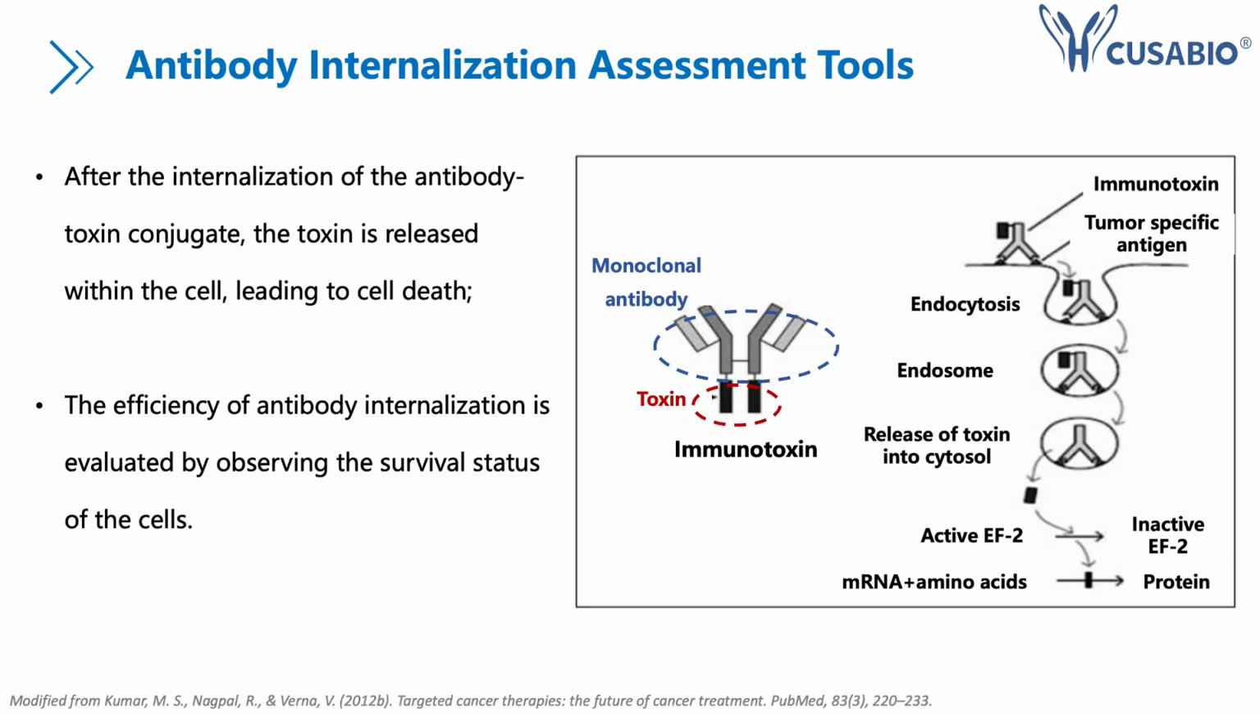Then the third internalization assessment tool is the immunotoxin-based assay. This one can be performed in a high-throughput manner. It relies on forming the immunotoxin, with the molecular antibody and also the toxin. After the immunotoxin is internalized into the cells, the toxin will be released inside the cells and induce cell toxicity. By evaluating the survival status of the cells, you can make an assessment